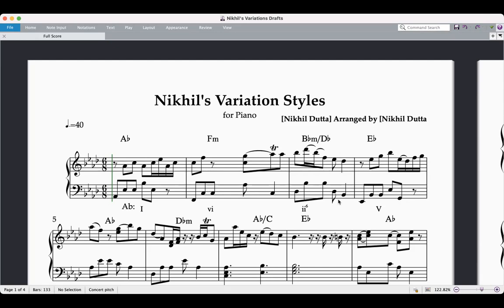This is an original composition for piano solo for Music Theory 1. This is a piece in the form of theme and variations. My piece is titled Nikhil's Variation Styles, and the compositional model I chose for inspiration is Danza della Moza Donosa